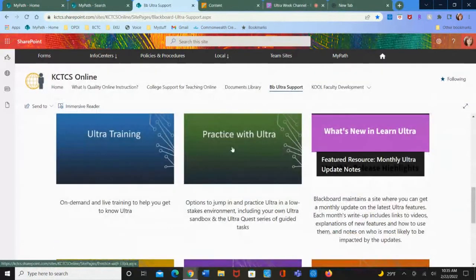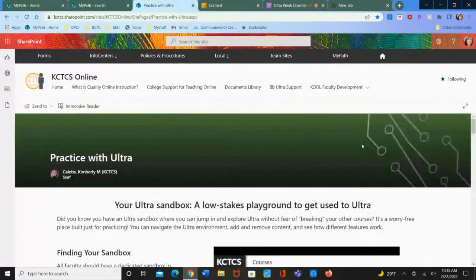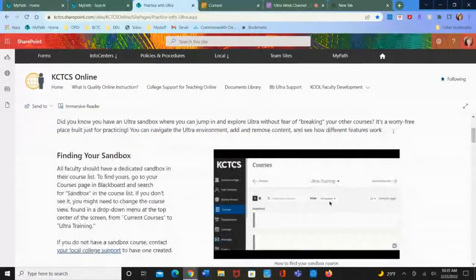But we are going to be going to the Ultra Quest. So the green tile, it says practice with Ultra. You'll see Ultra Quest right here. And this is where you will find Ultra Quest. I will show you in a minute how to get to the sandbox, so I'm not just flying through that,